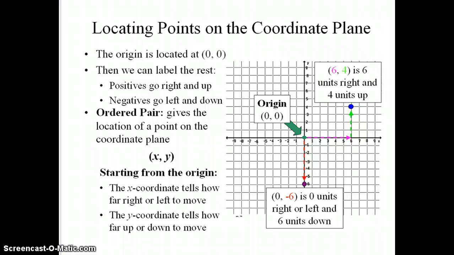When looking at the coordinate plane, we will be locating points on it. There are a couple tips for you to know. First of all, we always start at the origin, and the origin is at 0, 0, which is noted by this green dot right here. When we go to label our points, we have a couple things. If the numbers are positive, we have the options of either going to the right or going up, depending whether it's the x or the y value. And if it's negative, they would go to the left or possibly down, depending again whether it's an x or y